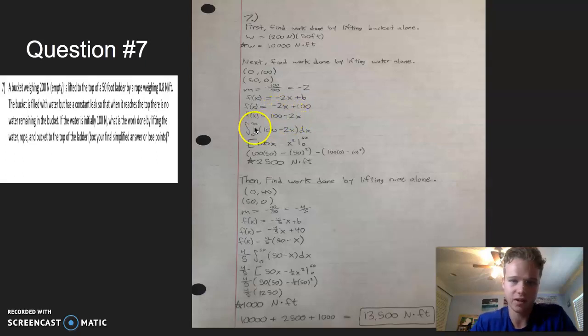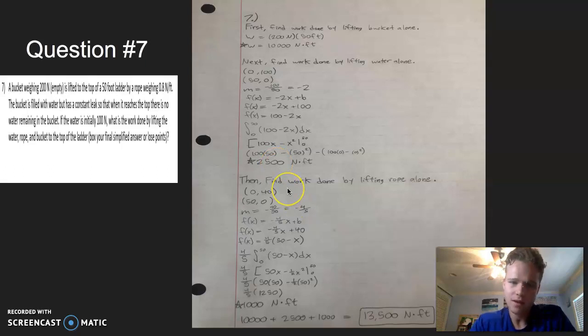100 minus 2x. And then I put that into an integral from 0 to 50, because it's initially at 0 feet and you're raising it up to 50 feet. So it's the integral from 0 to 50 of 100 minus 2x dx. I found the antiderivative of that to be 100x minus x squared from 0 to 50. I used FTC part 2 to plug in 0 and 50, and I got 2,500 newton feet for lifting the